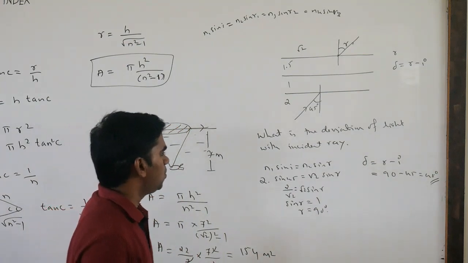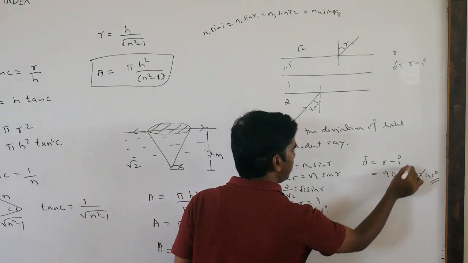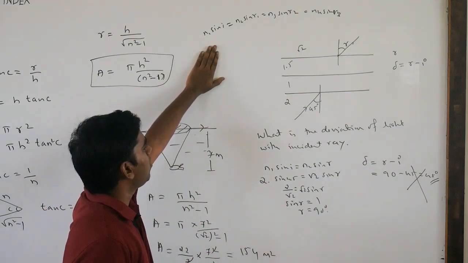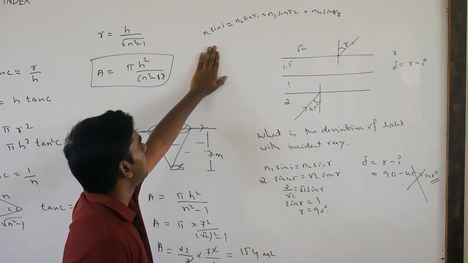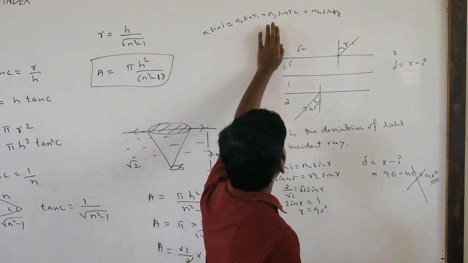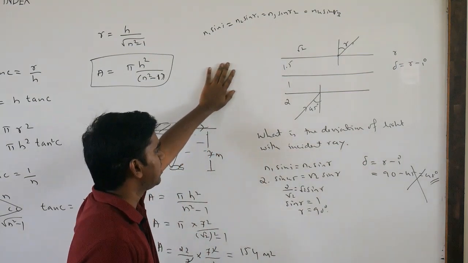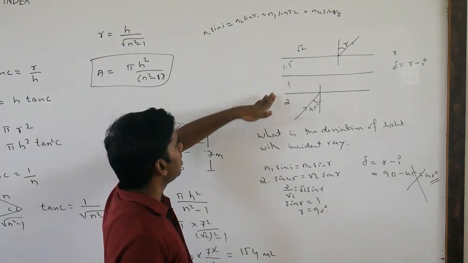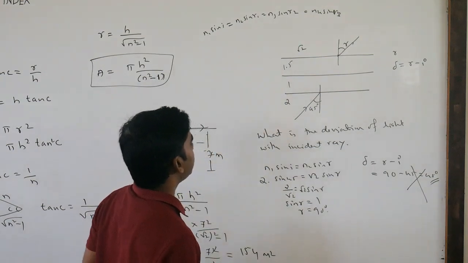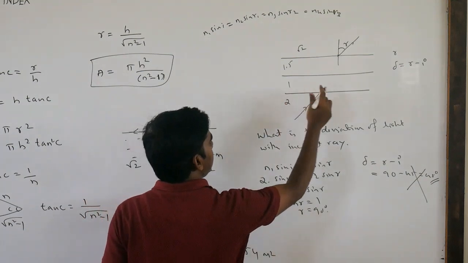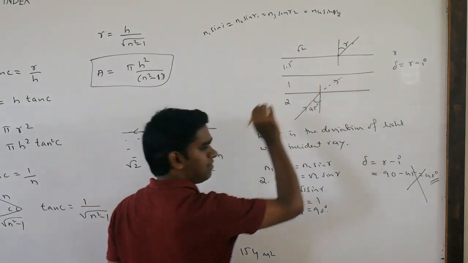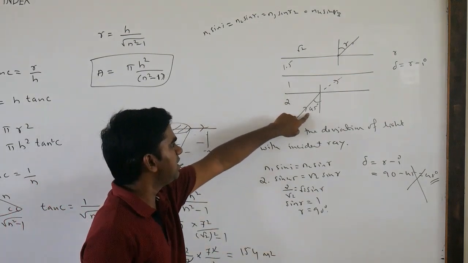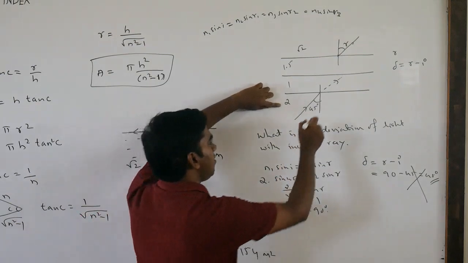Okay. But if you do so, this is going to be wrong. Why? This is applicable when the light ray is traveling from denser to rarer or rarer to denser. You can easily apply this when light is traveling from rarer to denser. But if you look here, the refractive indexes are different. They are not increasing or decreasing. So what we can do here is, first we have to check whether the light is refracting or reflecting. For that we have to check its critical angle. If the angle of incidence is more than the critical angle, what will happen? The ray of light will get reflected.